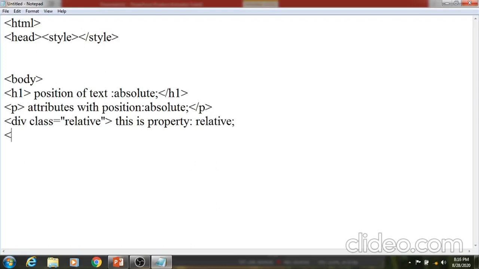We can add one more class for the absolute property, so I add the class for the absolute property.